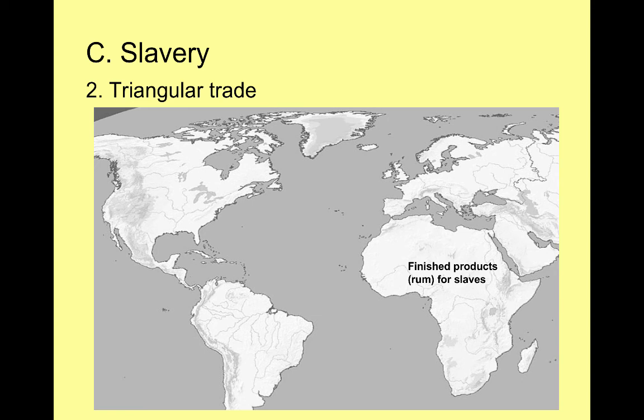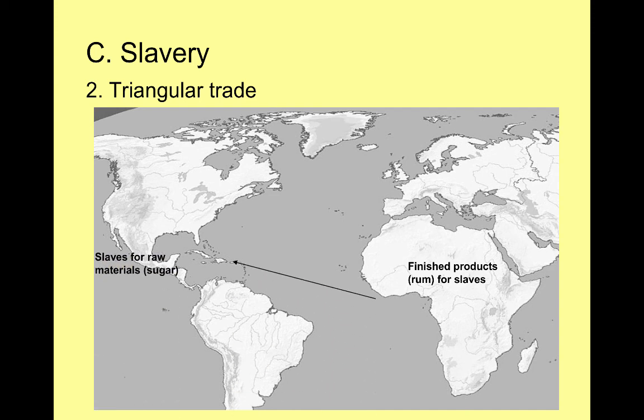Now, how are these slaves taken? Well, white Europeans don't really know what's on the inside of Africa because they die from malaria whenever they try to go in. And so what they do is they contract or pay local African tribal leaders along the coast to go into the interior to capture African slaves and to bring them to the coast. In return, the Europeans will pay these African tribal leaders in the form of rum, finished products, or guns, which allows them to go get even more slaves. And so they bring them to the coast.